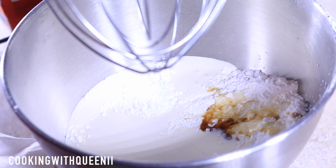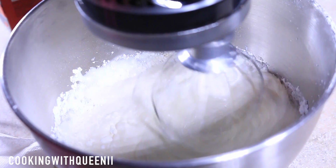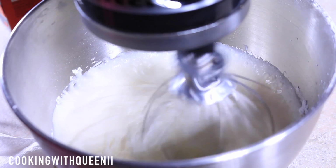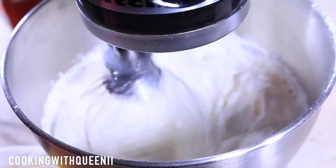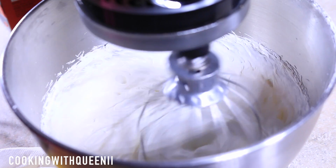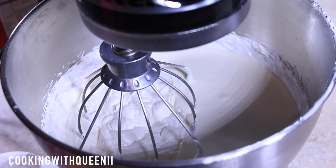I'm also going to add in 1 teaspoon of vanilla extract to that, and I'm just going to start my machine and get that going. So now I'm going to go in and add in my 3rd cup of heavy whipping cream. So it is 3 cups heavy whipping cream, 3 cups confectioner sugar, 1 teaspoon of vanilla extract, and mix that